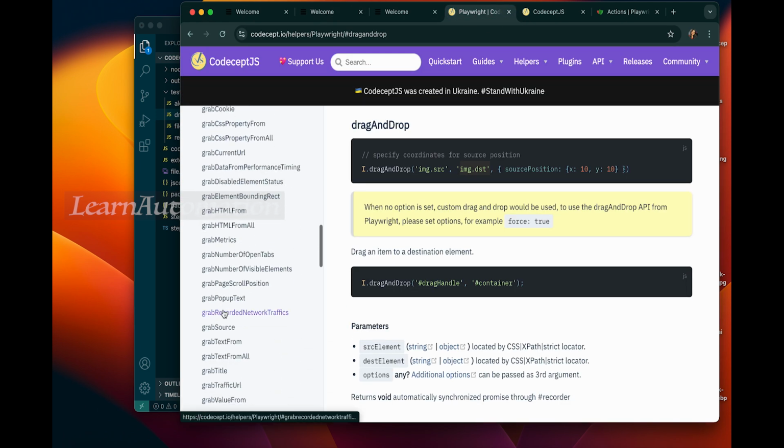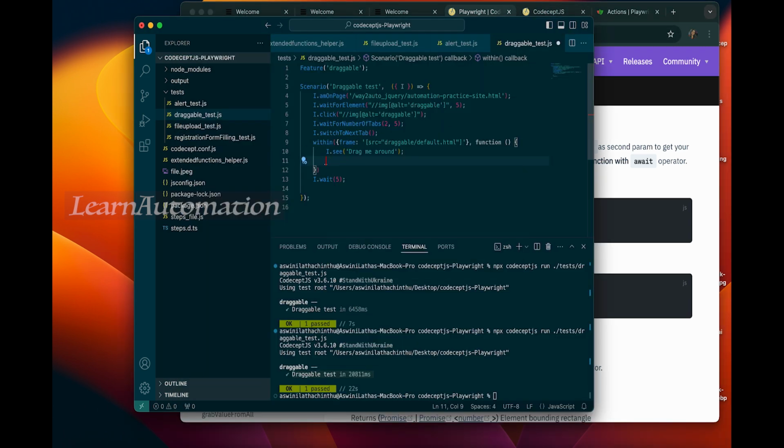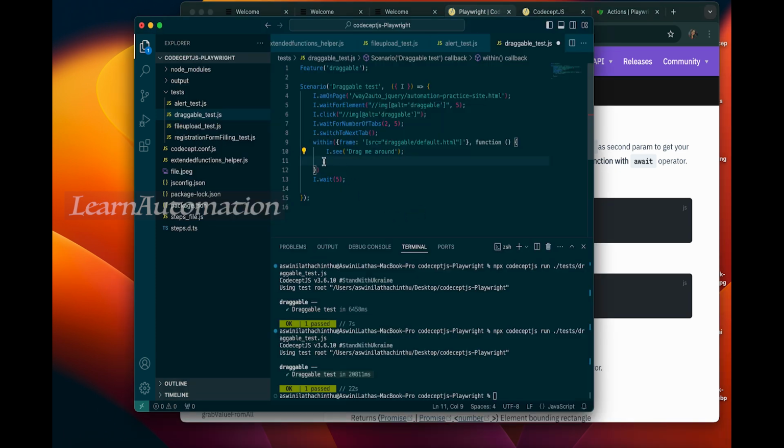We already have one function here, grab element bounding coordinates. If we use this function, it will fetch the coordinates in this way. So we can use this to perform the drag and drop option when there is no source element, using the mouse movements. I am going to use this function right now. As they are telling, it returns a promise, so we need to use await. To use await, we need to have it as an async function. So I am going to use this await